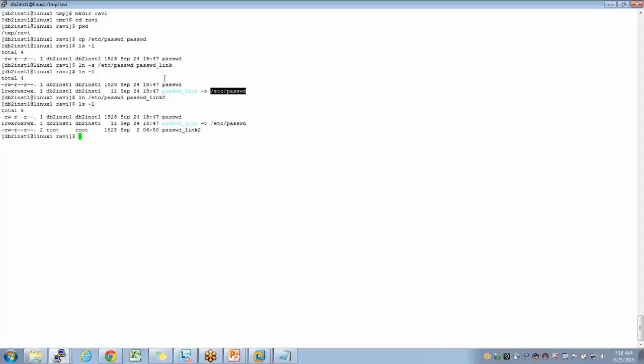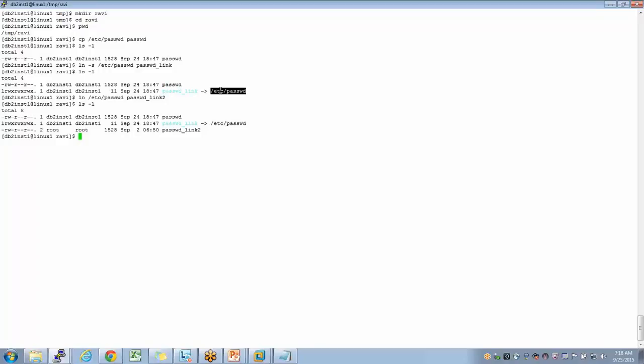Now what is the difference between using -s and without using -s? When I use -s, look at the output here. This password file size is 1528 bytes. But when I created a symbolic link as password_link, the size of password_link is only 11. So any changes I make will indirectly go and affect this file.